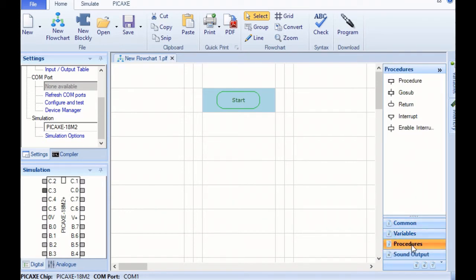Procedures. These are for sub-algorithms or sub-programs in your master program. It's basically start, stop or end the subroutine and then go back to the main program. There's an interrupt, enable interrupt and go to a sub procedure. Then we've got sound functions. You can see again those are all output based, and we've got the ability to play a tune, play internal ringtone, play a beep, or play from an iPod, or play an actual MP3 if we've got the correct hardware connected to our